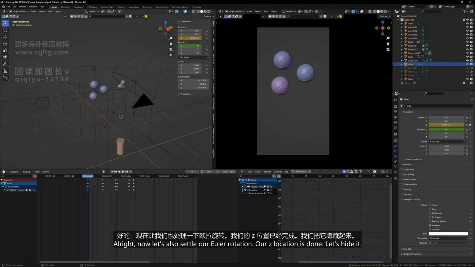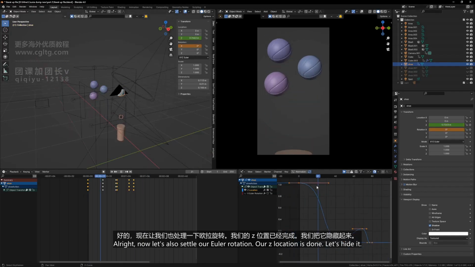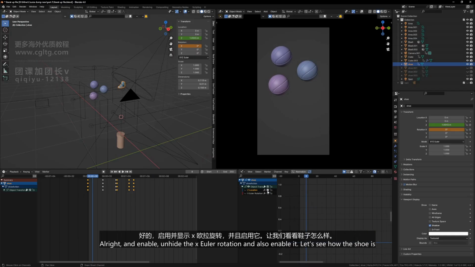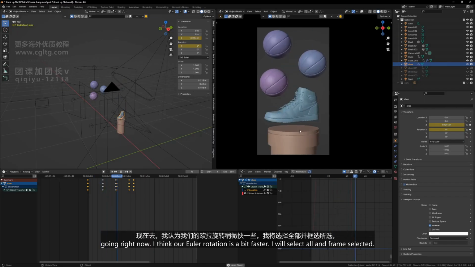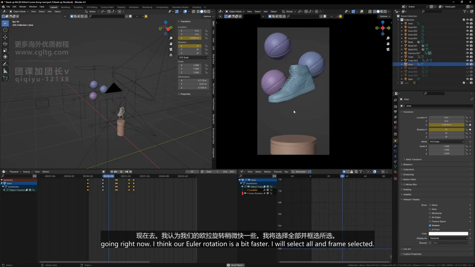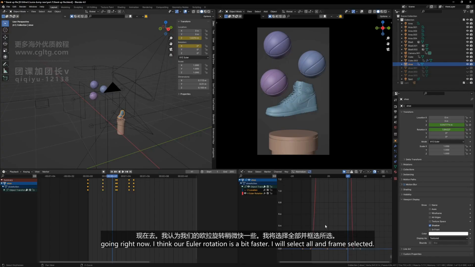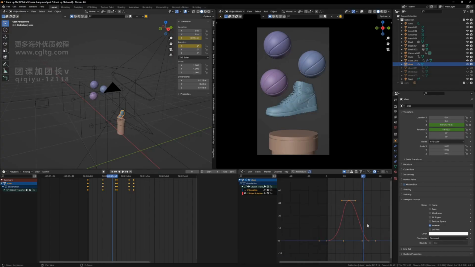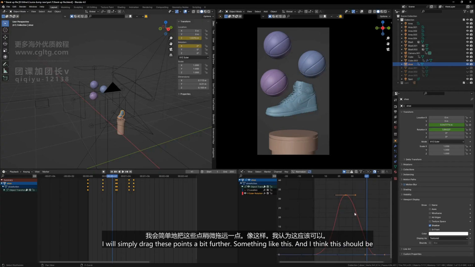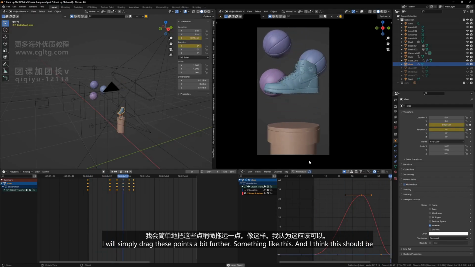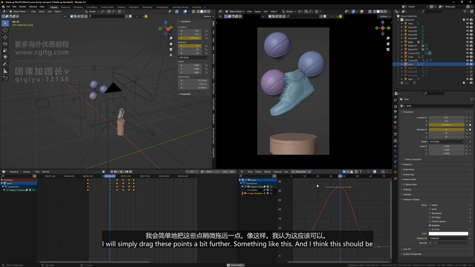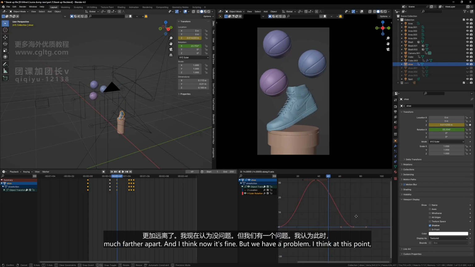Alright, now let's also settle our Euler rotation. Our Z location is done. Let's hide it. Alright, and unhide the X Euler rotation and also enable it. Let's see how the shoe is going right now. I think our Euler rotation is a bit faster. I will select all and frame selected. I will simply drag these points a bit further, something like this, and I think this should be much farther